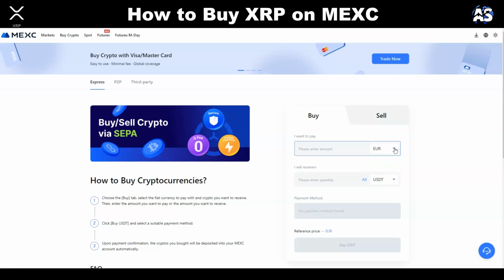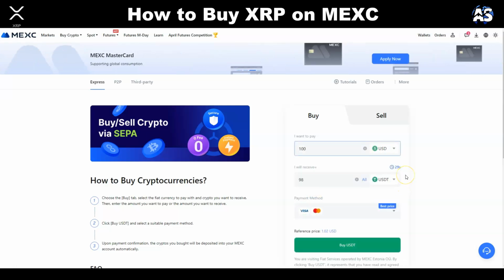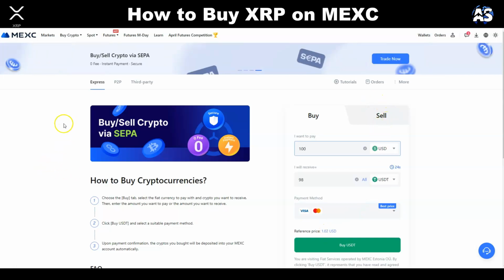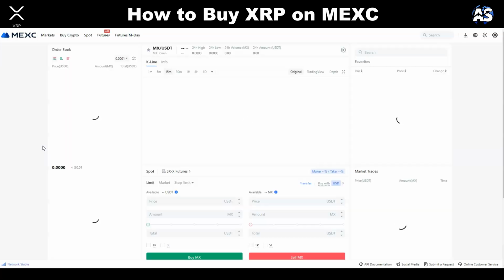It has several currencies that you can use, like USD, Euro. You can buy here. You also can sell it from here as well. Once you have USDT, you go right up into it says spot and trade. Okay. Now, if you already have USDT in your MEXC account, you will skip the buy process and come right